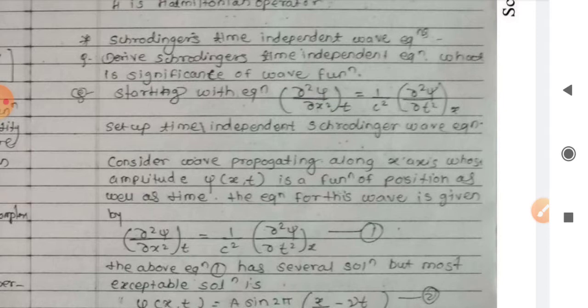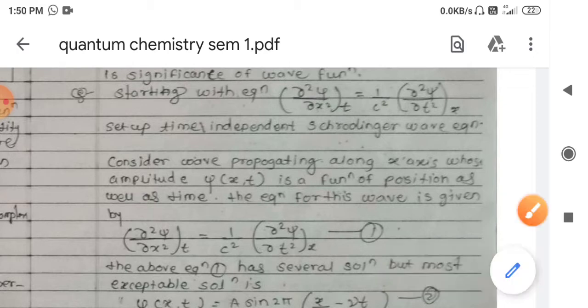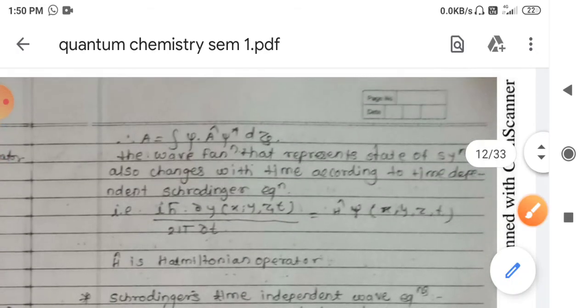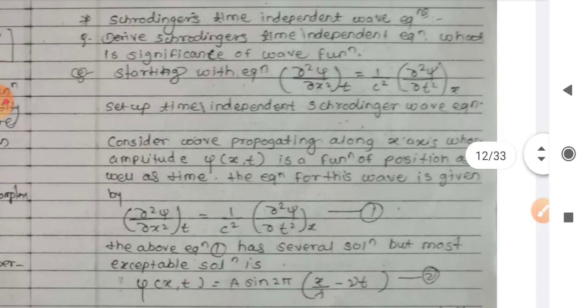So this is the first proof. We have obtained the wave equations that are either time dependent or time independent. We will see how those equations are obtained and from where we get them. Up to here we have directly taken those equations, or previously I have told you a few wave equations like psi equals A sine of n pi x upon a. How all those equations came, we'll see in this derivation part.